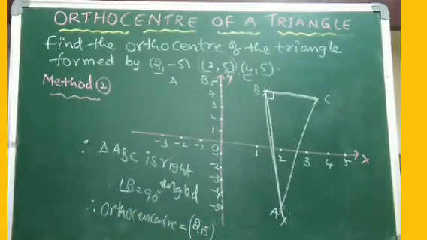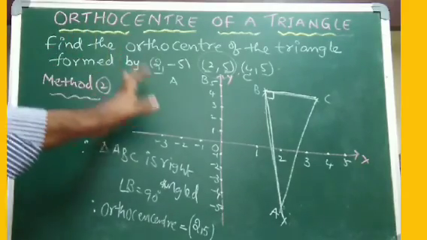Once again I am repeating, my dear, at this stage, since we are in the beginning of coordinate geometry, we cannot discuss the orthocenter of each and every triangle. To find the orthocenter, we need to know how to find the equation of altitudes, but that concept is not included here. Right now we are in the beginning stage, so I can concentrate only on how to find the orthocenter of a right angle triangle and an equilateral triangle.